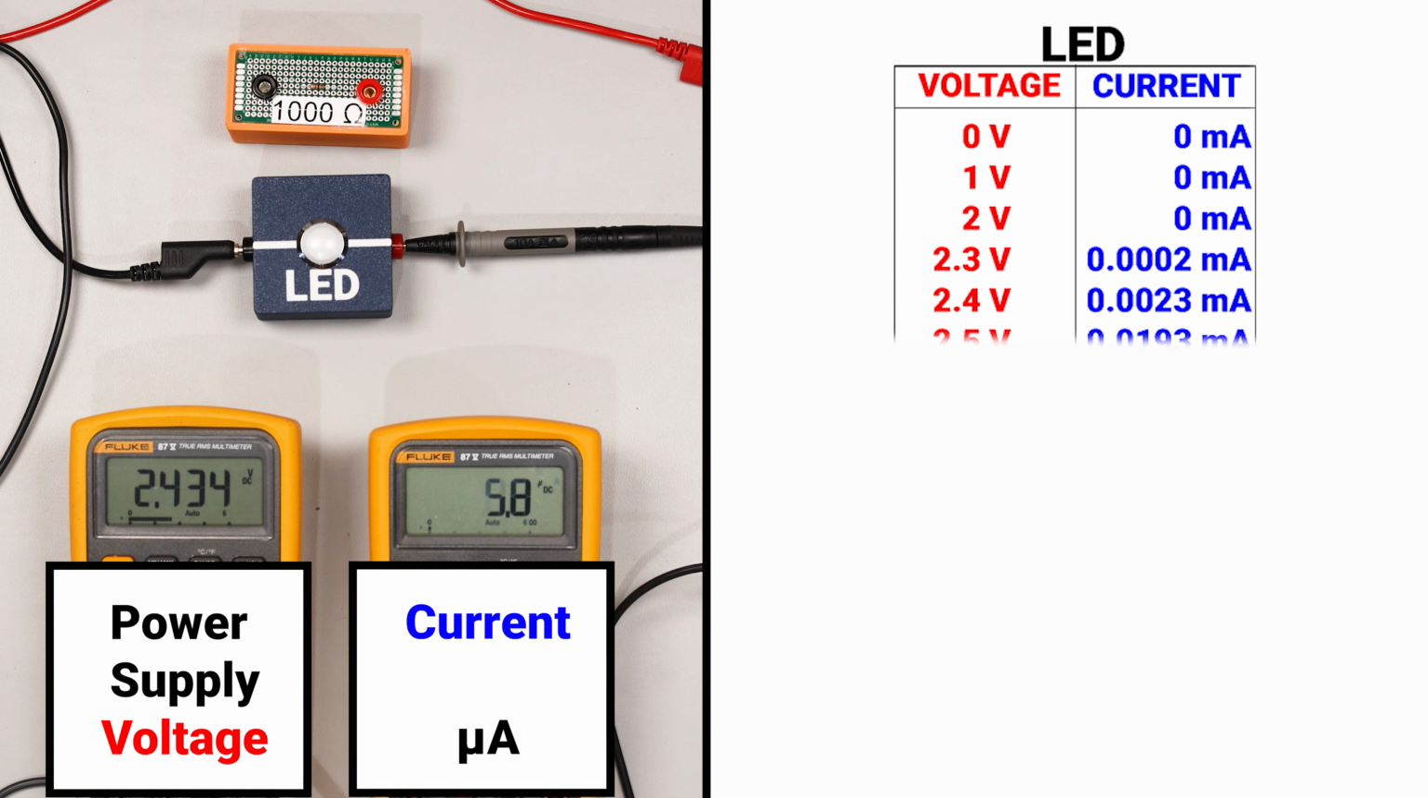So right around 2.3, 2.4 volts we start to see current moving through the circuit. It's a fairly small amount, about 40 microamps right now. At 2.8 volts, around there, we actually start to see the illumination of the LED. And then now all the way up to 5 volts, we're seeing about